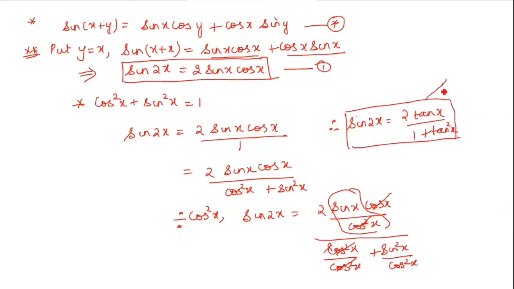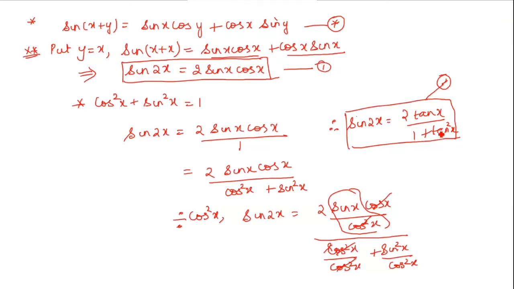Okay, so the main formula, how did we reach this, is from the sin x plus y formula. Sin x plus y is, remember, sin is keeping the first term, cos is taking the next one. So sin x cos y plus, interchanging, cos x sin y. If you put y as x, you reach the first formula: sin 2x is equal to 2 sin x cos x. The second formula in terms of tan is 2 tan x by 1 plus tan square x. This is the way